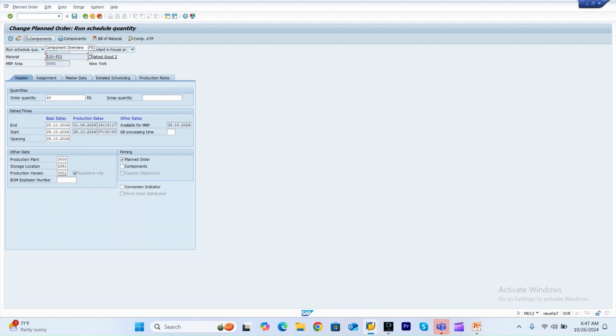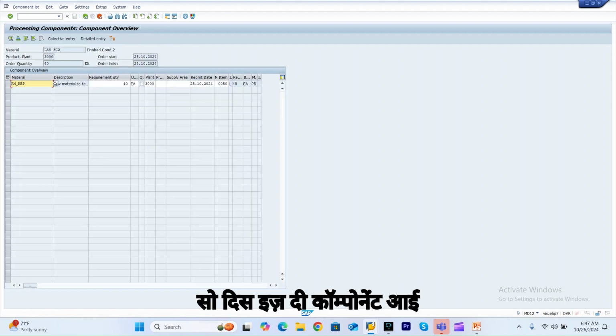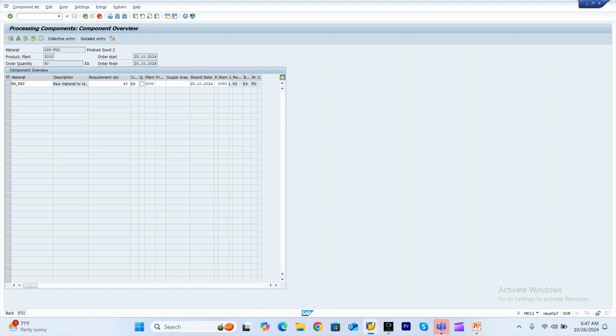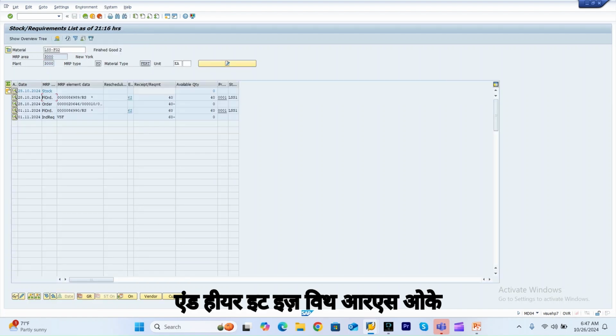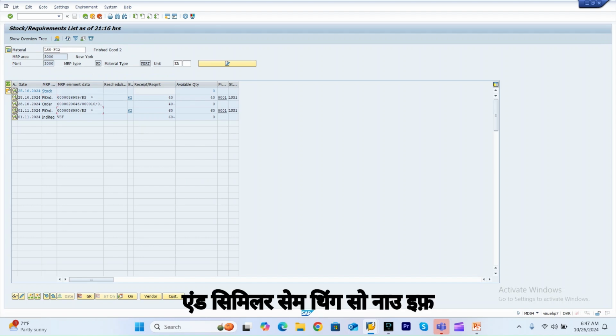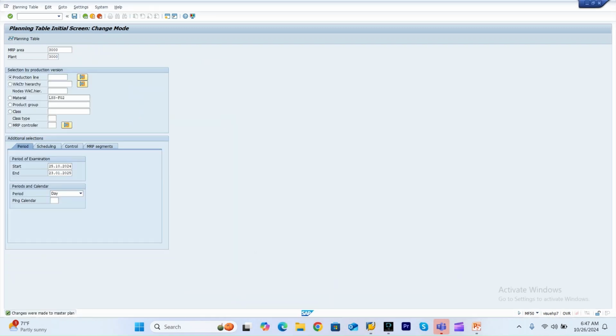here, this is the component. I got this component. And if you look at the manufacturing, here it is with RS, and similarly the same thing. Now if I go to MD04 for the component,